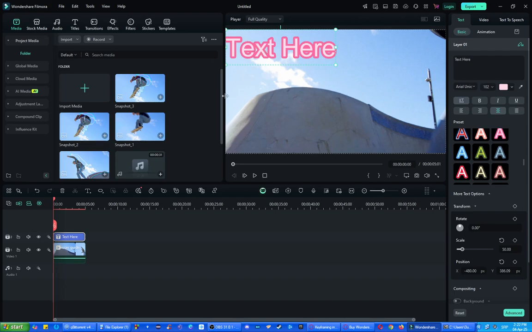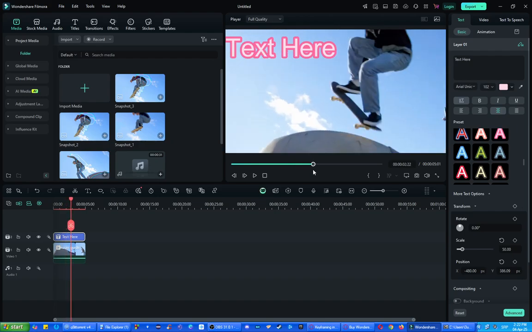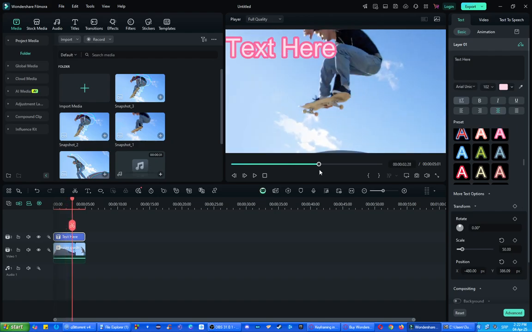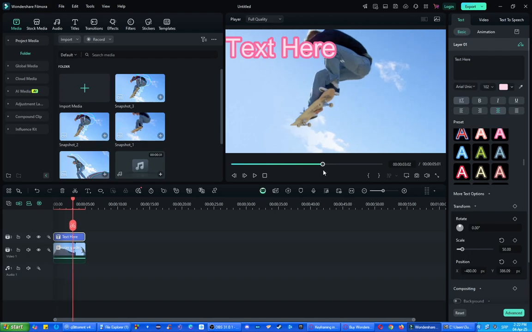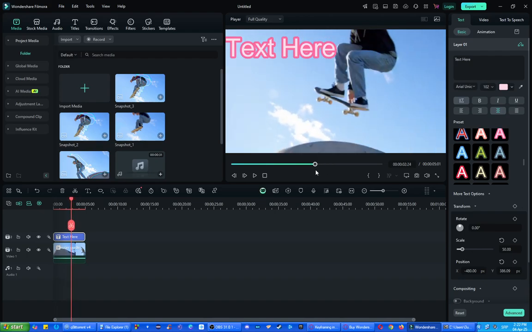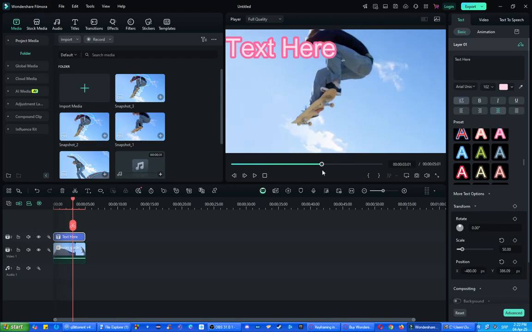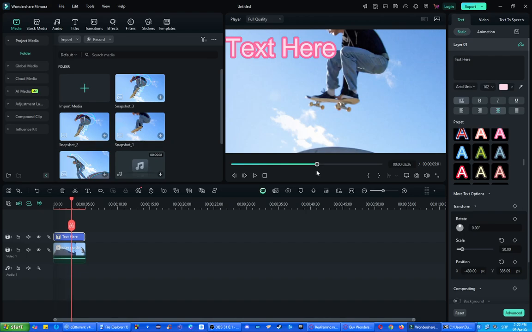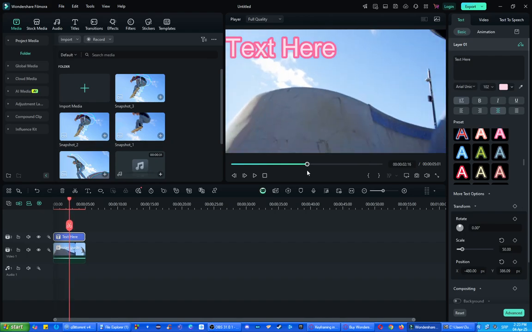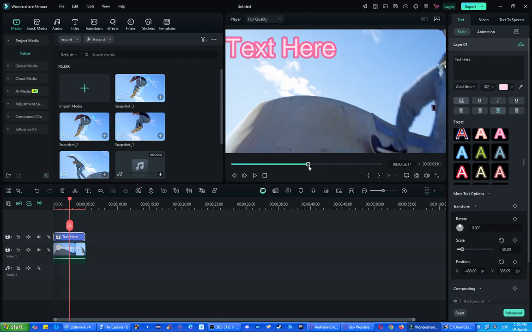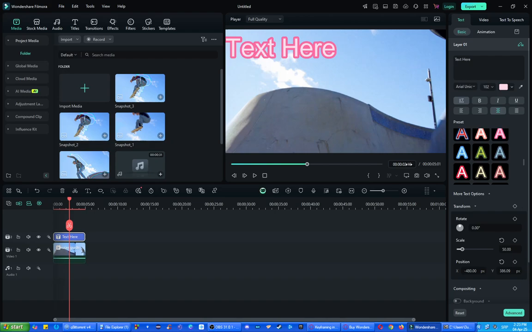What you need to do is just place the text here where you want it to start, and then, for example, you need to go into half of your video, and once you're at half, so somewhere around the halfway point, which seems like it's 2 seconds and 30 whatever it is, this is about the halfway of the video. And let's say we want the text to be here halfway, you would do it here,